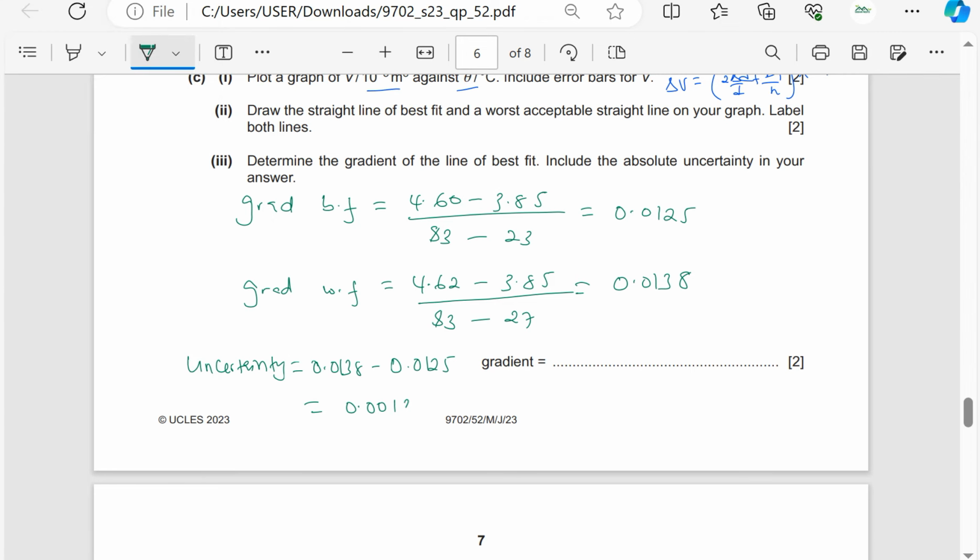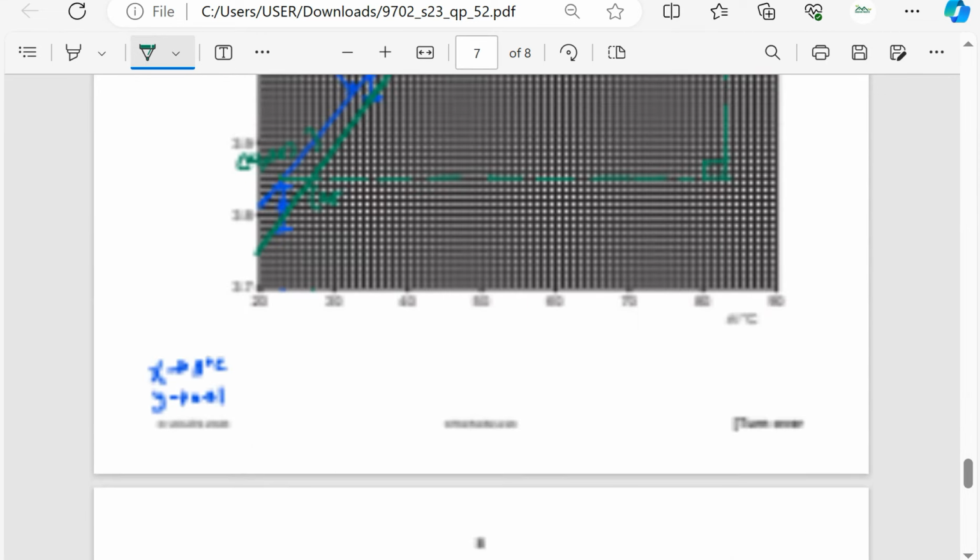I think that is 13. Okay, so it means the gradient here is going to be 0.0125 plus or minus 0.0013. I may want to write 4 decimal places. There is no problem with that. Okay. The next,